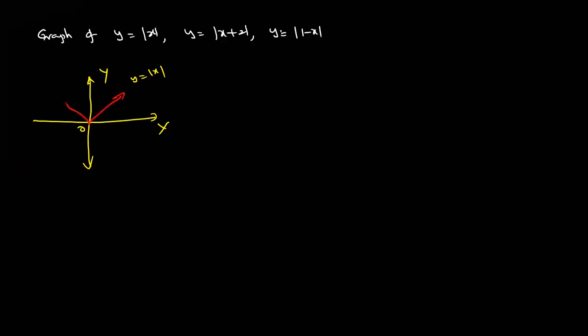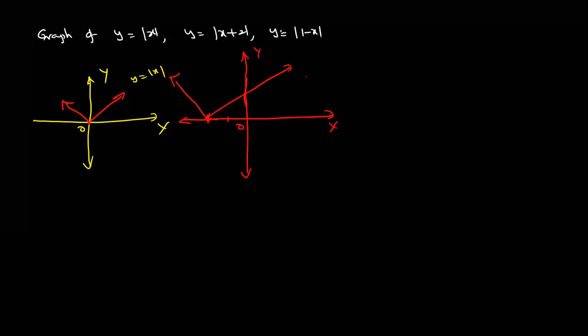This is the graph. Horizon. X plus 2 means what here, dear student? The graph is moving towards the left hand side. So this is the graph y is equal to modulus of x plus 2. Why? Because this graph is passing through minus 2, comma 0. That's the meaning.